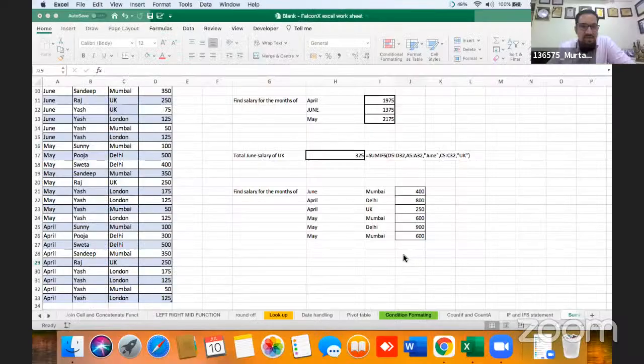Another question is whether it will work if column A is in date format. Meaning? Can you unmute and tell your query, Mohd bhai? Good evening, sir. In this presentation that is going on, if you write June, May, and some dates are there, and if you write, suppose, June 2021, whether it is in date format, whether it will work, and whether it will provide the same result or not, I just wanted to know.